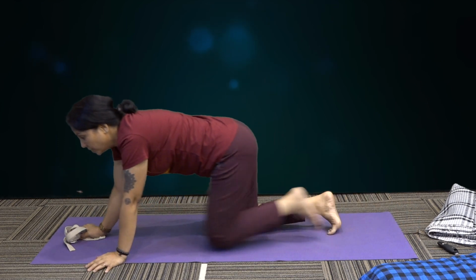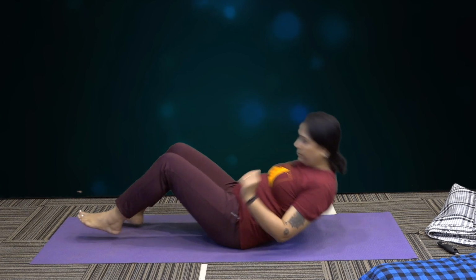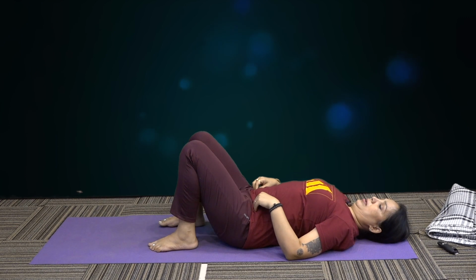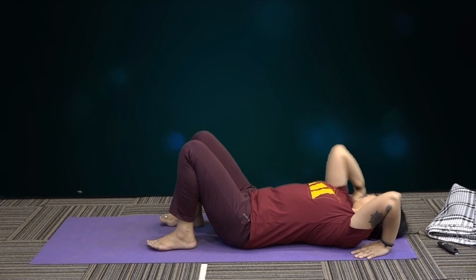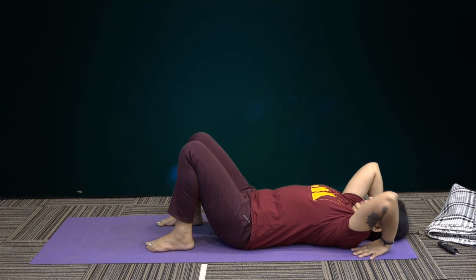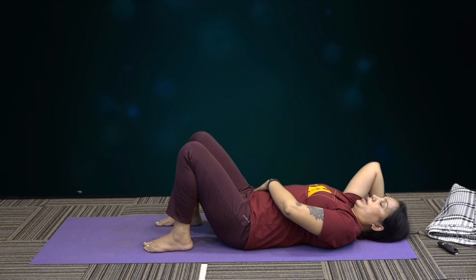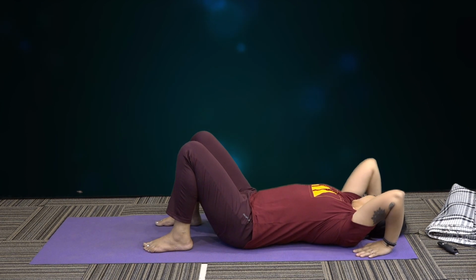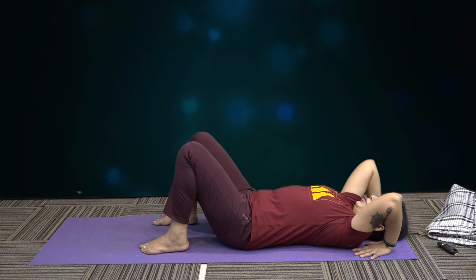You can see it is just opposite. It is the back bend, but it is just opposite. So you will bend your knee. You will bend your knee this way. Important is your fingers, how you have to place your fingers. Your fingers are pointing in. So how will you be lifting? You will be just focusing on your hip bones. If you touch here, there are two bony parts. You have to focus here,